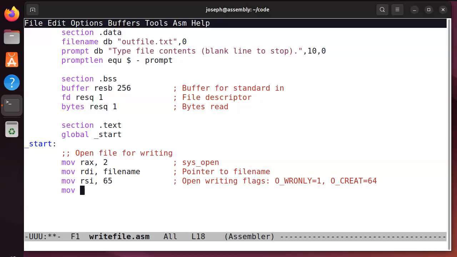And I move into RDX the mode. And I'm going to write this in octal because it's easier. So it'll be 644 because that is the mode in octal, which is actually equivalent to read write for the owner, then a read for the group, and then a read for the world. All right, so that's what it is. I'm going to do a syscall,